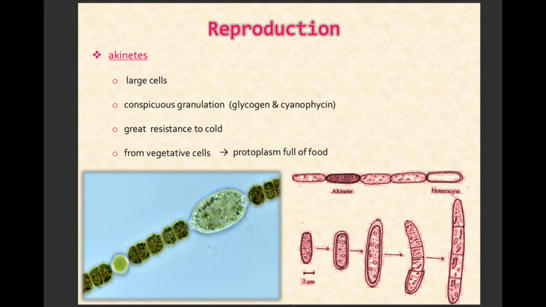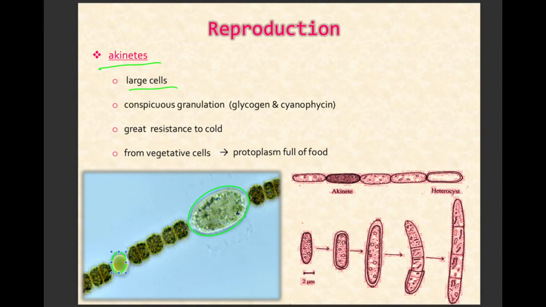Now, aside from heterocysts, in terms of reproduction, we have your akinetes. Your akinetes are the first one that we talked about, right? These are the very large cells that form. Just like your heterocyst, which forms during times of a very limiting nitrogen environment, if you don't have nitrogen, your organism will most likely form these heterocysts. Just like heterocysts, akinetes also form when there's a very harsh environment, when the cell feels that it is in a certain condition where there's no water, or a certain stimulus that causes it